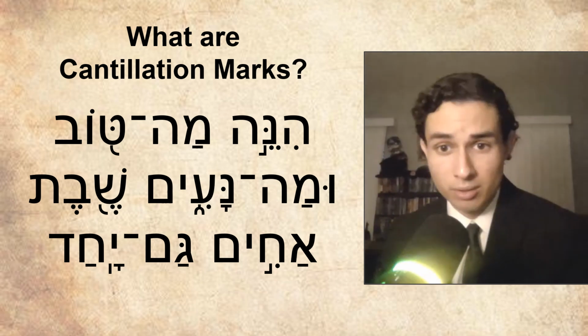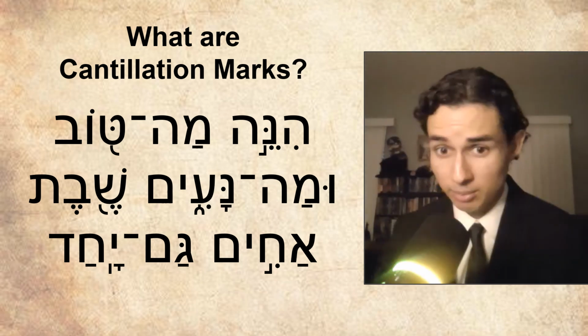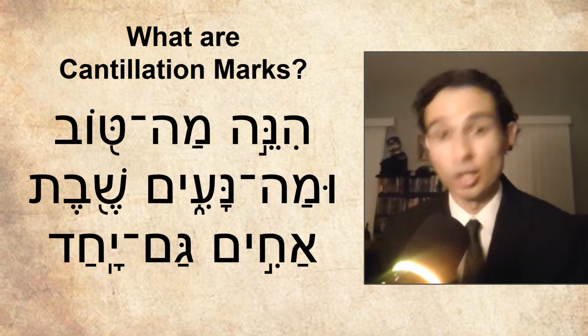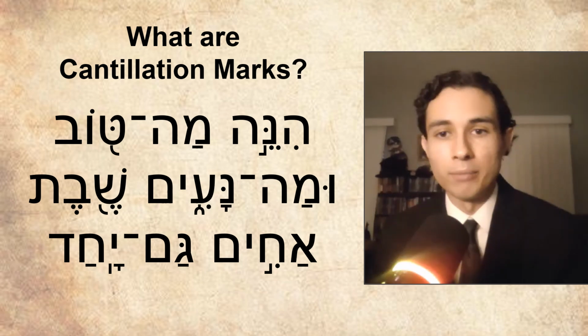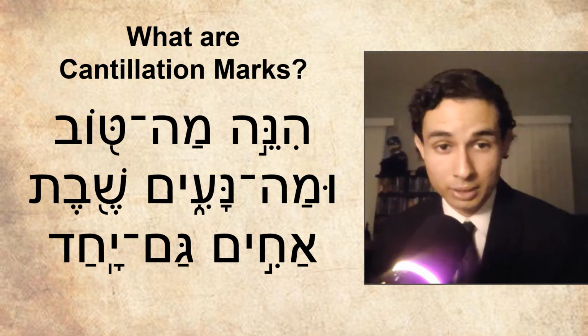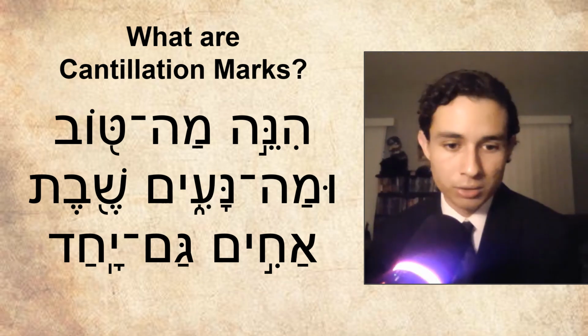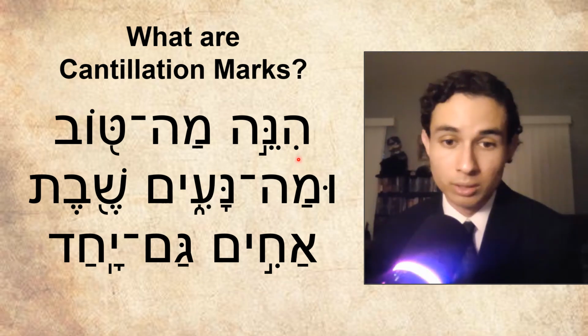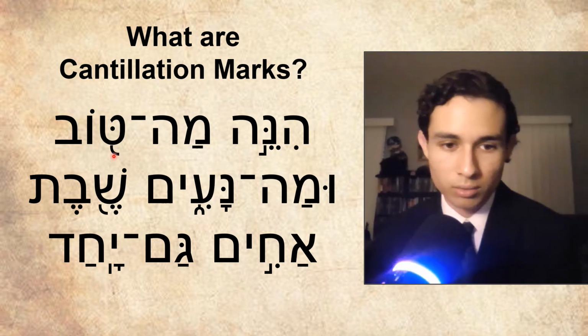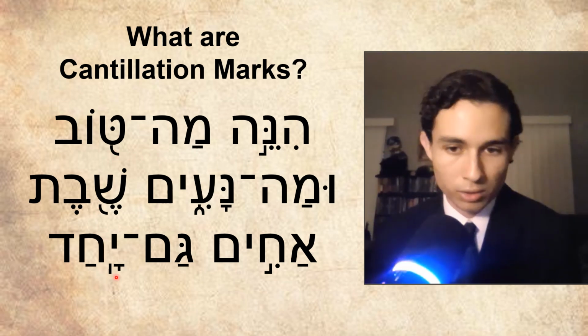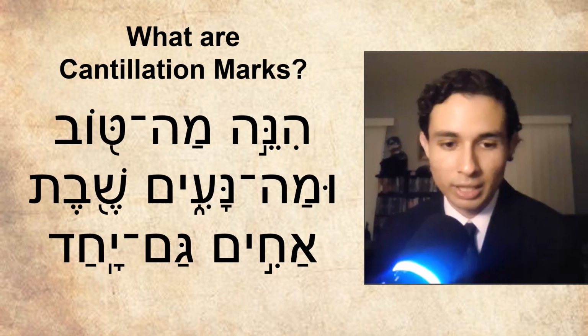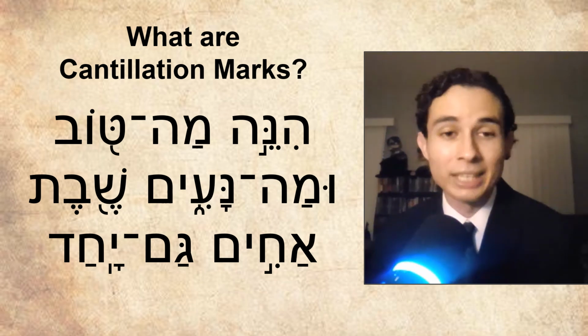Right there. So what's cool is, yeah, you know the vowel markings, but there are so many other markings that we've never mentioned. Okay, and you might be wondering, are we going to mention them? Well, this is technically all we need to say right now. Those markings that you don't recognize, they're not vowel sounds, but they're referred to as cantillation marks. Okay, as you see here, I know what the hirik is, I know what the tser is, I know what the patach is, but I don't know what these little swervy lines are, or this like right angle. Again, they're not vowel markings, they're cantillation marks.